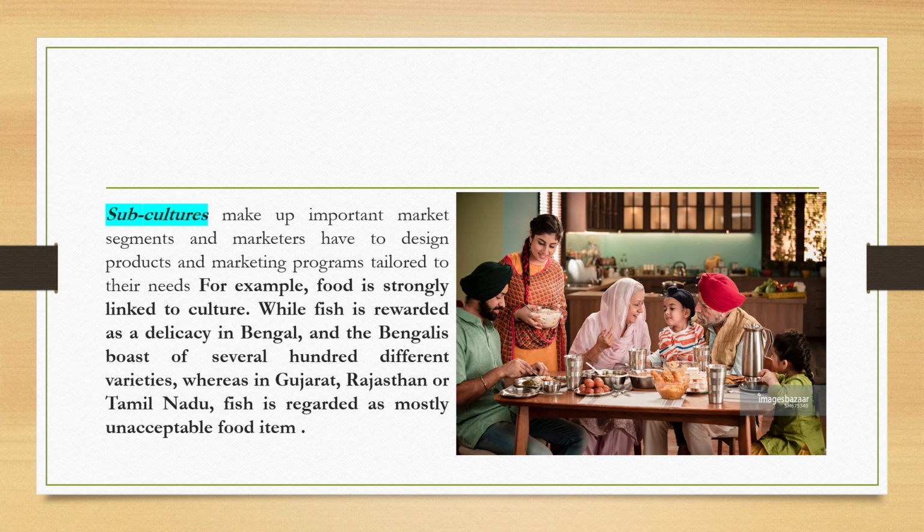They are Hindu, Muslim, Bengali, Punjabi, North Indian, South Indian, Maharashtrian, they are all having different taste, different choices in terms of food, clothing, and other habits they have definitely. So that is why subculture plays a very important role in influencing the consumers' buying behavior.